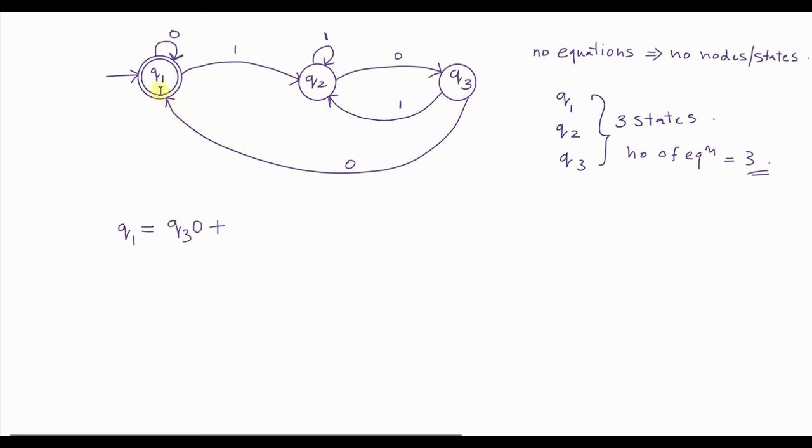Now what is the second way of coming to Q1? From Q1 on reading 0 also you go to Q1. So the second term over here will be from state Q1 on reading 0, you come to Q1. And notice that I haven't told you, but for the initial state there is also one arrow over here. This arrow for the initial state depicts null input. So when null is read as input, you are in Q1 state. So we have forgotten to consider this. So either Q3 0 can take you to Q1, or from state Q1 on reading 0 you go to Q1, or just by reading null string also you reach Q1.